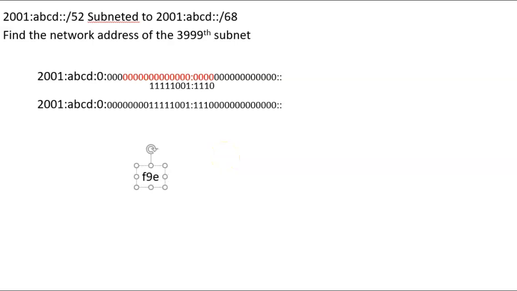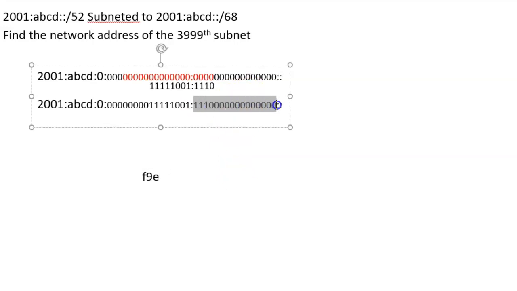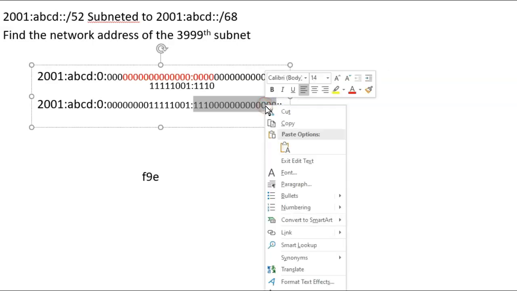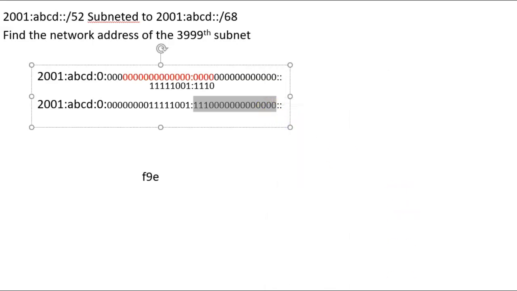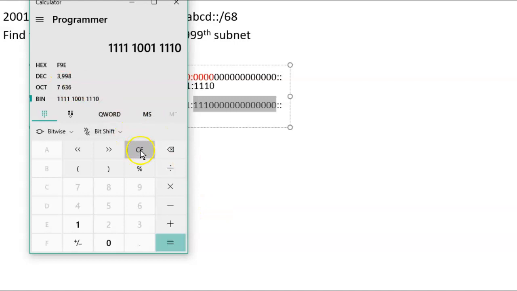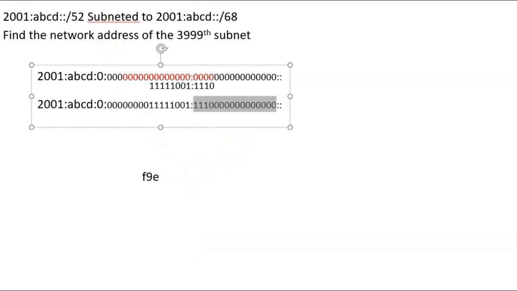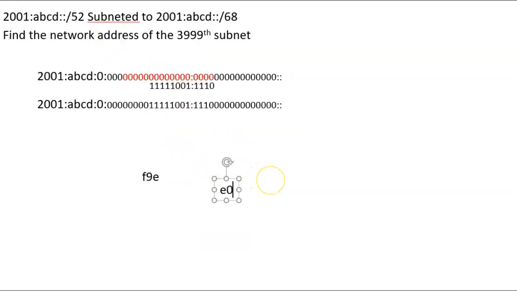We always recommend you use small characters when we're doing IP version 6. And then this one right here, we'll copy that. And I'm going to go to binary and paste that in here, and I get E000.